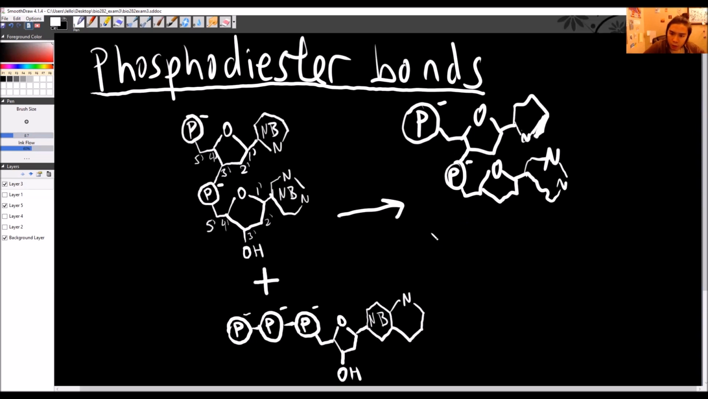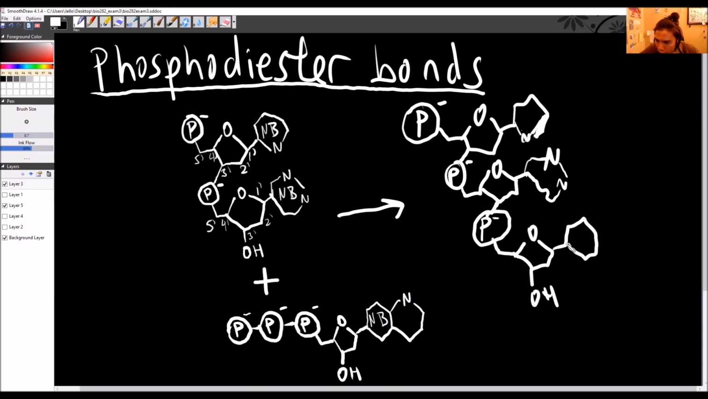Okay. But when we're making this new bond with this one, it goes from our 3 prime carbon at this one to the phosphate, this one over here, that is attached to the 5 prime carbon of our nucleic acid that we're adding it on. A bond is made. Yep. So now this is a 3